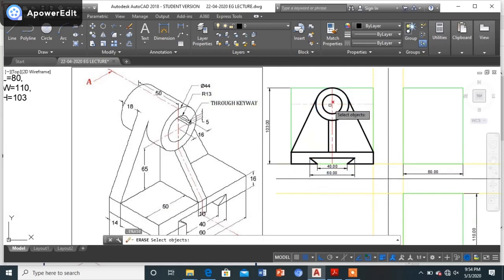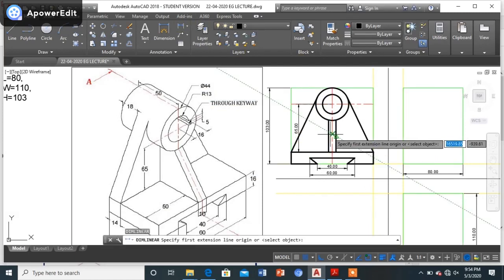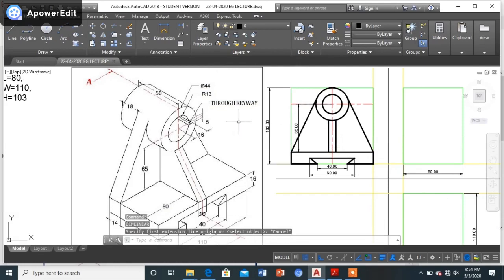Now even from here, the distance that you can see, my dear friends, is 65 mm. Once we are done, we are only left with that particular slot. Since it is of height 5 mm, and from the center it is at a distance of 16 mm, let us do it. From the center at a distance of 16 mm,